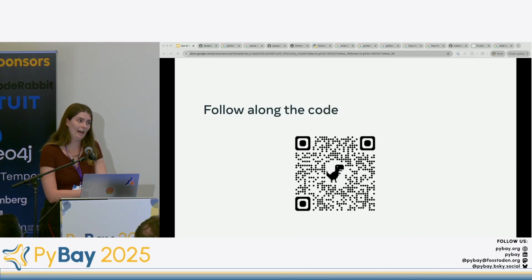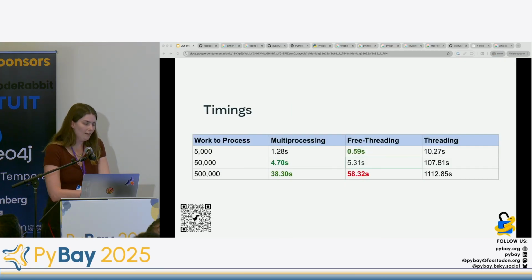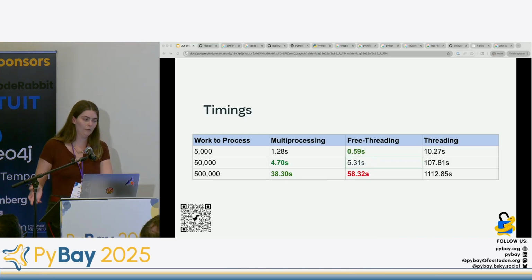So I pushed my benchmarks to GitHub. I'll also include the QR code at the bottom of every slide in case you missed it. But I know showing a lot of code on the screen doesn't read well, so I just decided to give you a little link. All right, so if we take that expensive CPU-bound code and we run it with multiprocessing,